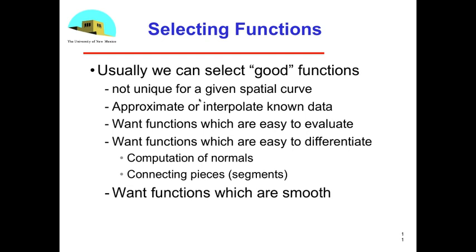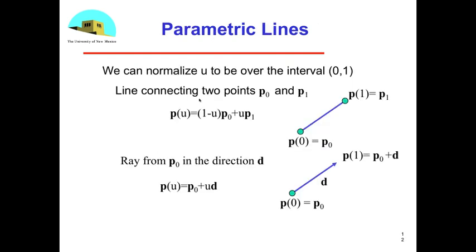So that's going to determine what kind of functions we have. And in general, we want functions which are very smooth as we change u, or in 3-dimensional surfaces, we'll have 2 parameters, u and v. So some of the ones we've already seen are the line, a parametric line going between 2 given points, p0